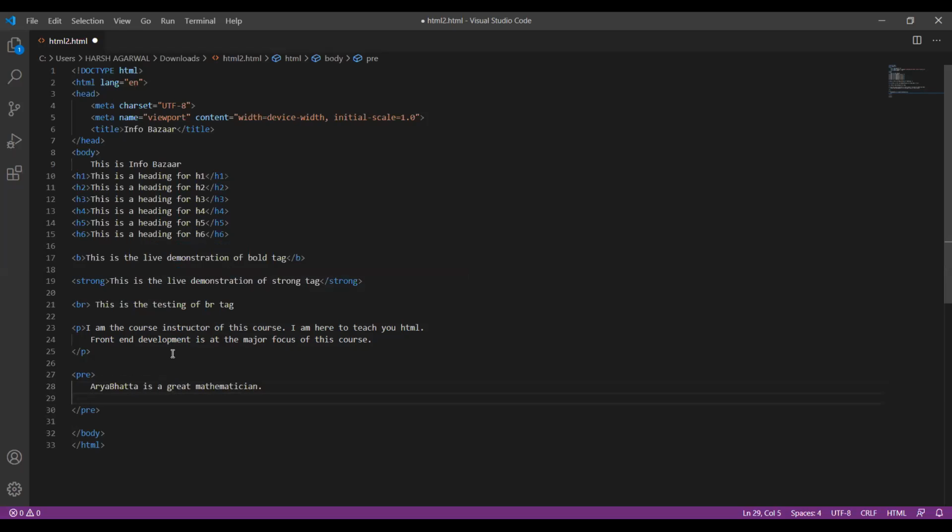now I am writing he invented 0. Now I am writing he is a great archaeologist. So I have written three statements at three different lines. Now let's save it,